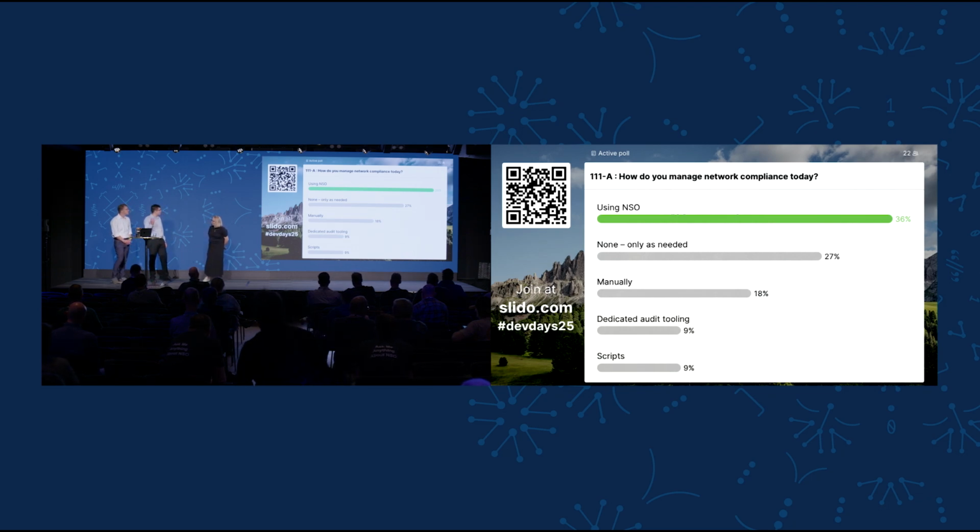Yeah, no, this is awesome. I'm glad we're at a Developer Day event, and NSO is the #1 on the poll. So hopefully you saw some use with the compliance templates. One thing I'll say with the different personas, as we know, with dedicated tooling, it's always chasing that intent. So we see a lot of benefits of leveraging a unified platform for both the compliance intent and service intent. So hopefully this session is useful.